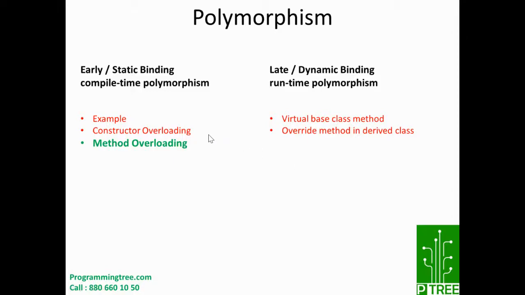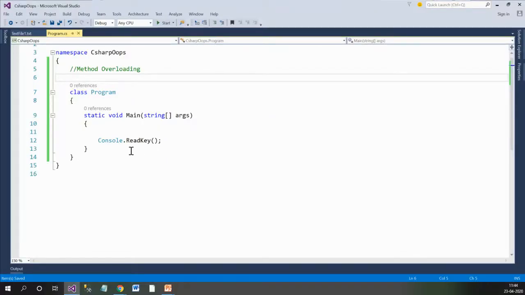Now let's move towards the next concept in polymorphism, that is method overloading. Let's try to deal with the method overloading part. So let's switch to Visual Studio. In Visual Studio, we'll create an example for